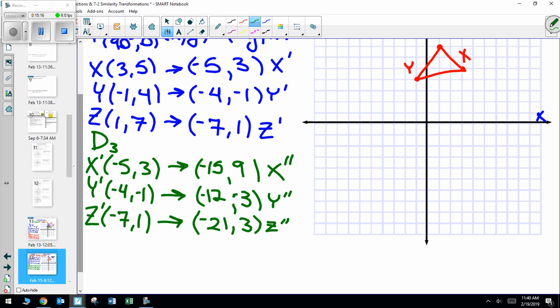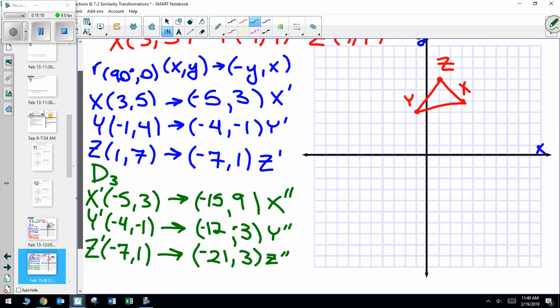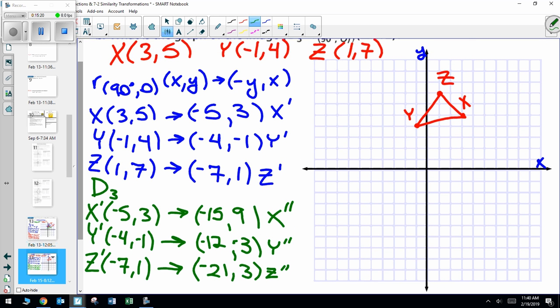And I wasn't thinking, I should have checked my scale before I graphed this, because this is certainly not going to go. This doesn't fit on my graph. So I'm going to change my scale to go by 2s. So it goes by 2s. That means my graphs are going to look like